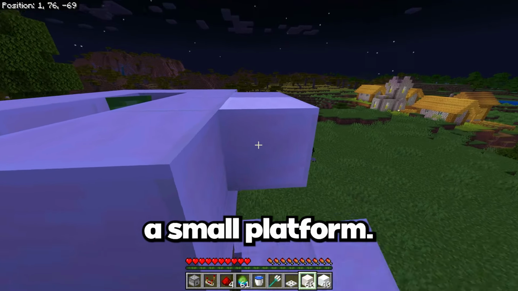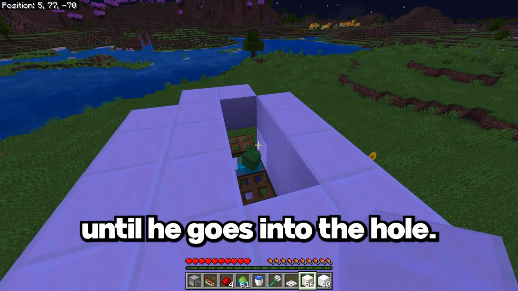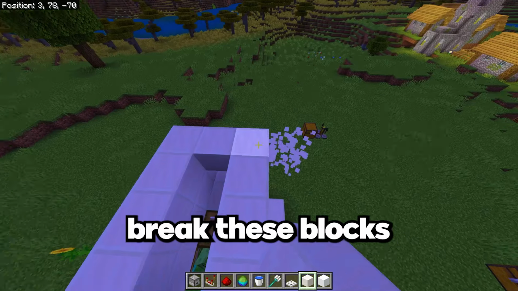So let me just make a small platform. Close it from the other side as well so he doesn't fall down. And now you can just hit him until he goes into the hole. Just like that. And once you have the zombie in, we're going to break these blocks because we don't need